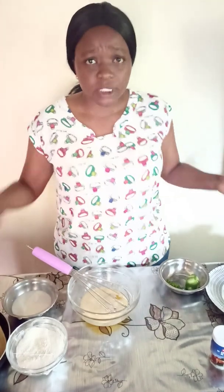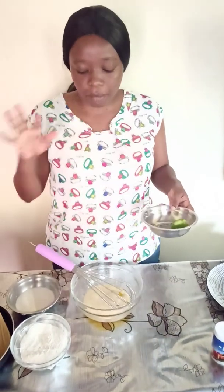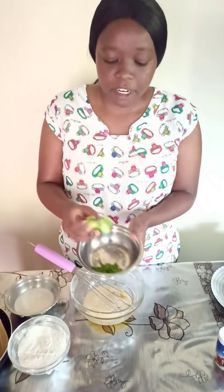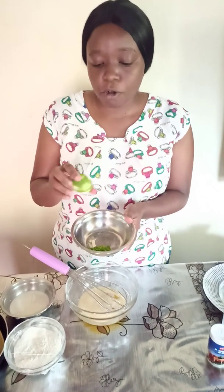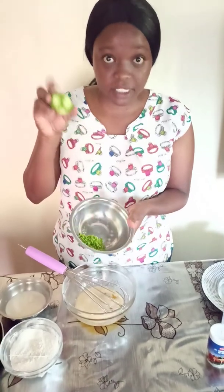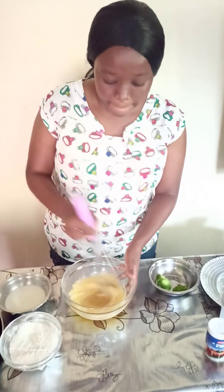And of course, what's a pancake without flavor? So in my pancakes today, I'm going to put them quite plain, just lemon zest and half a lemon. I'm going to squeeze in juice of half a lemon. A tip, before cutting the lemon, make sure you get the zest first. That way it will be easy. So we are going to mix this